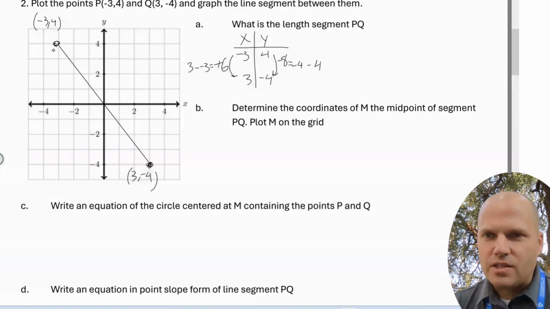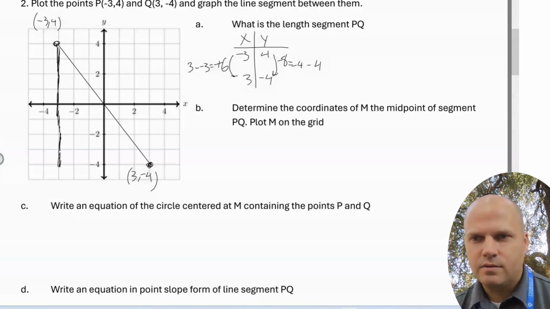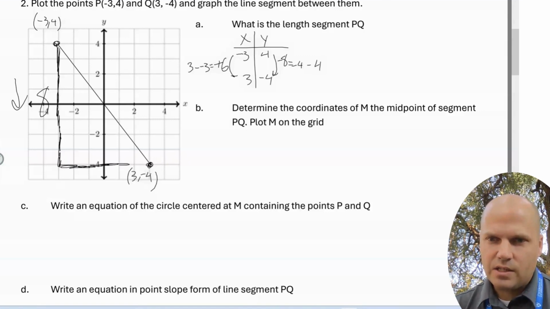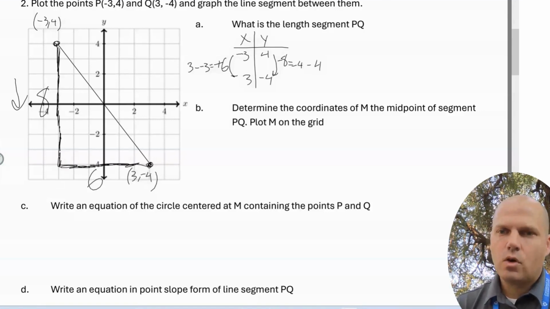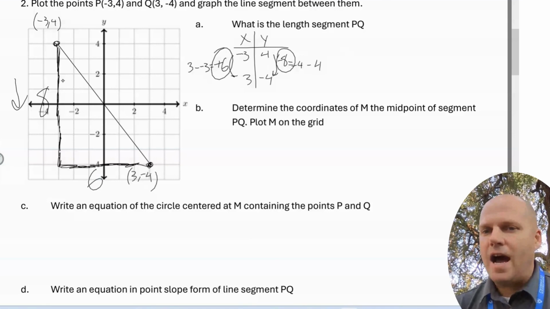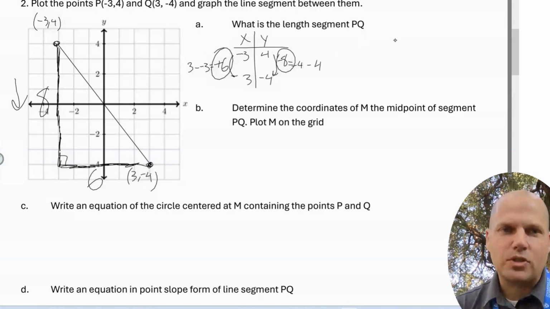What does that mean? Well, that means like here, this length here is 8. Maybe you could say you went down 8, or you went a y distance of -8. This length here is 6. Cool. You have a slope right there. Rise over run. Cool. You have the legs of a right triangle, and you have a squared plus b squared, which equals c squared,